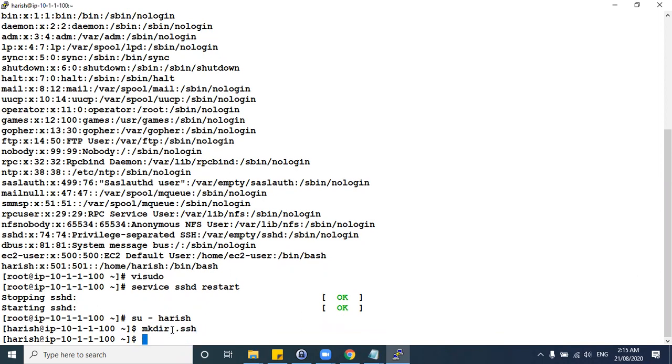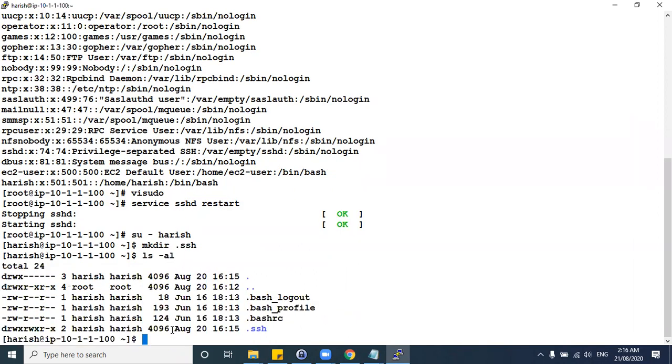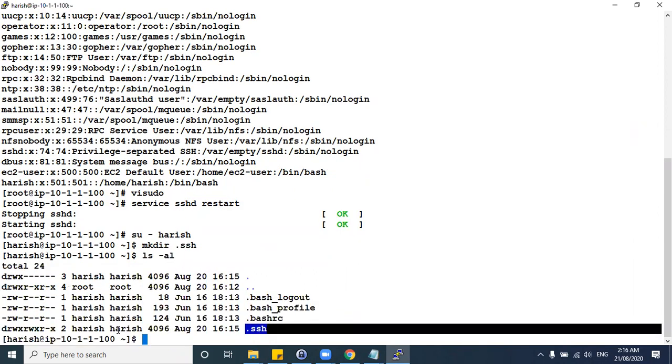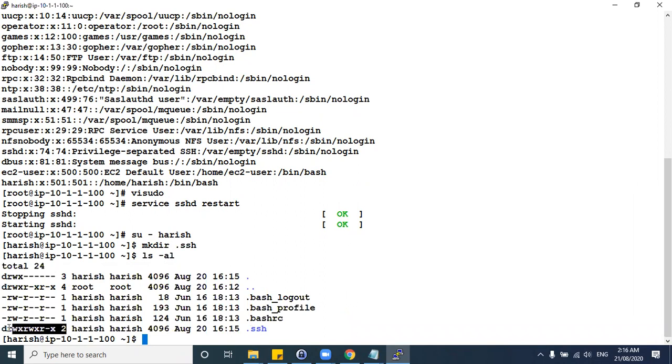Once you make the directory, you can see it using ls -al. This is the directory. Now this directory has permissions for everyone, but only you need to have the permissions. Basically in Linux, I will simply give an overview of how the permissions work.